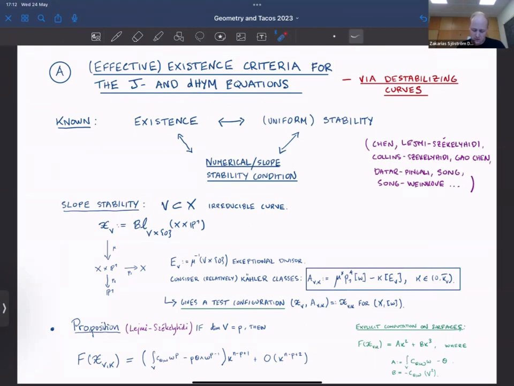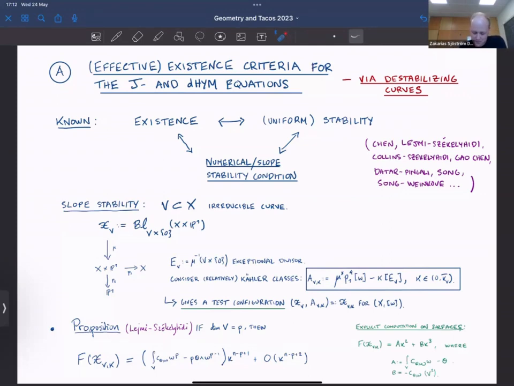So before I get to stating the main result, let's just recall very quickly what's known. So we have this schematic drawing here, this common triangle, where existence is known to be equivalent, by the work of many people, by the way, to uniform stability in each of these cases. And this is in turn equivalent to some numerical condition based on slope stability. So very quickly, since we are in surfaces, we have a privilege of being able to actually delve into these